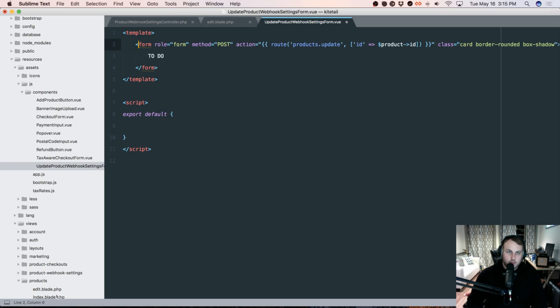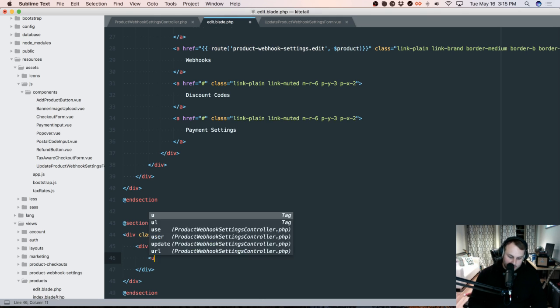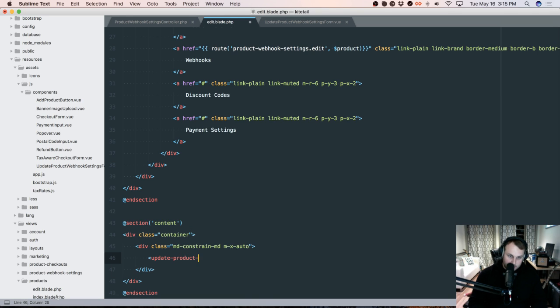So we don't need this role or this action. And this should work, right? Like you don't actually have to do anything for Vue to work. Yeah, you don't. Okay, so let's do update products webhook settings form, the obligatory closing tag,